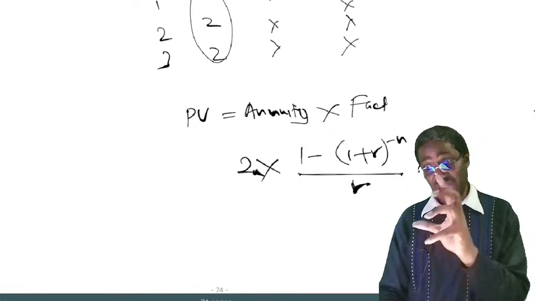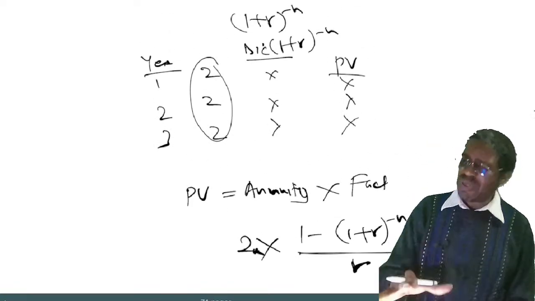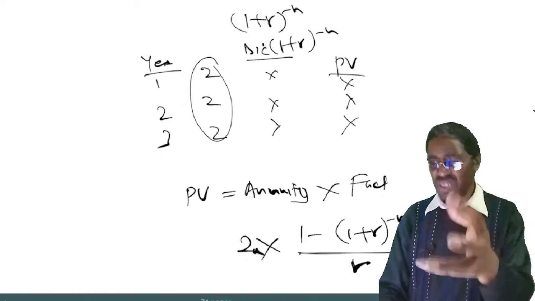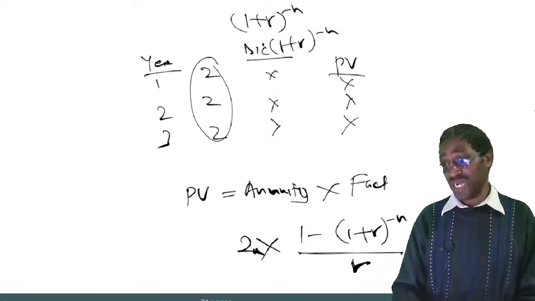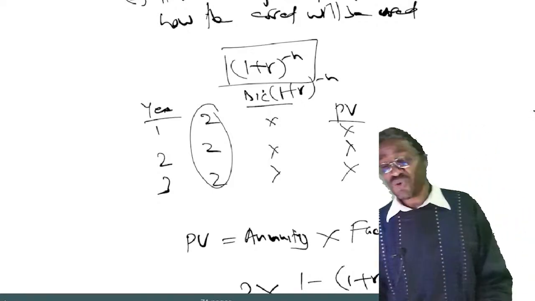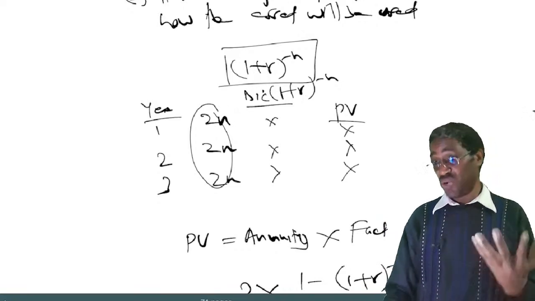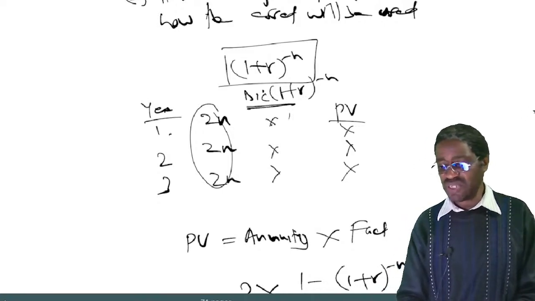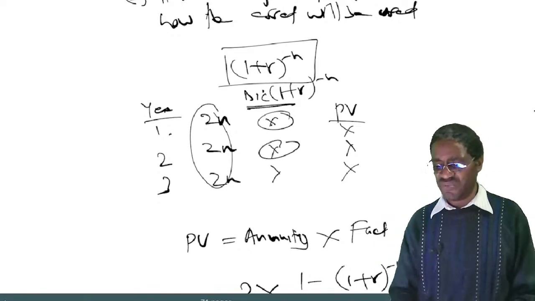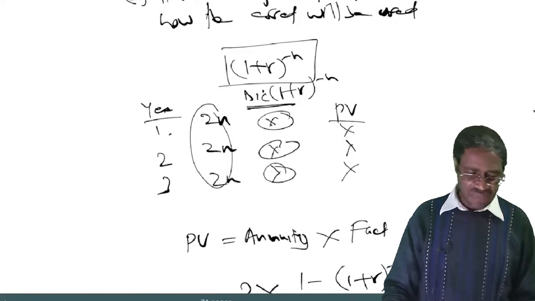If they are annuities, I have said, they may be annuities still, but you can't remember the formula for annuities. So you can use them like they are a single amount, single amount, single amount. Where you know the formula, that one is normally easier to remember. It is 1 plus R to the power of negative N. So you still take your 2 million, 2 million, 2 million. Now you prepare a small table for getting the present values, where you take 2 million times the discounting factor, 1 plus R to the power of negative 1. Then you say 1 plus R to the power of negative 2, 1 plus R to the power of negative 3. Still you will get the same amount.